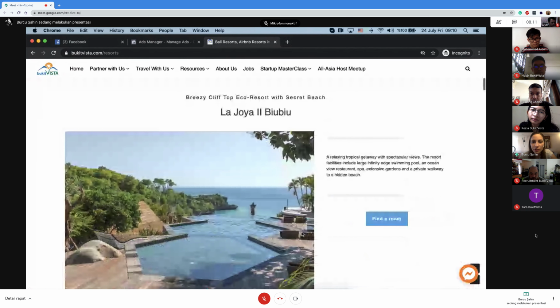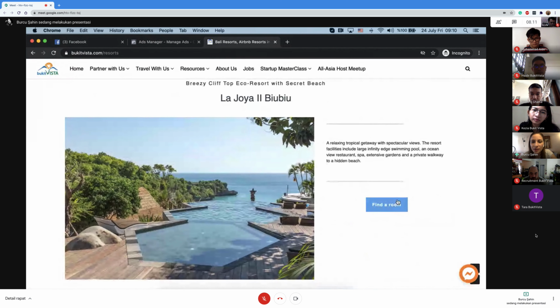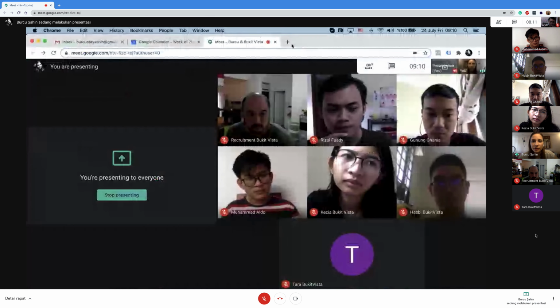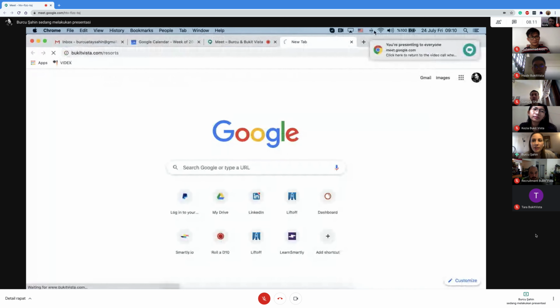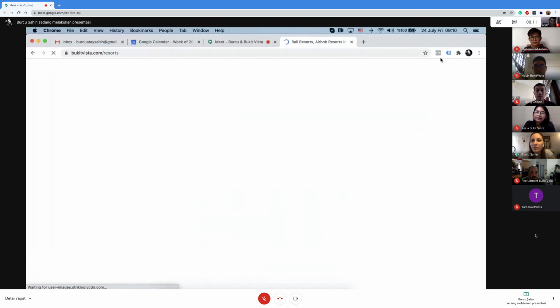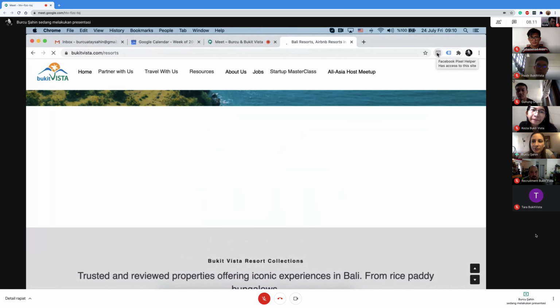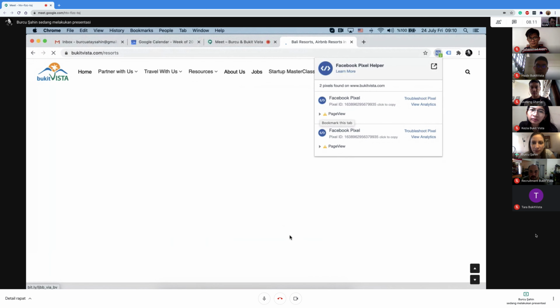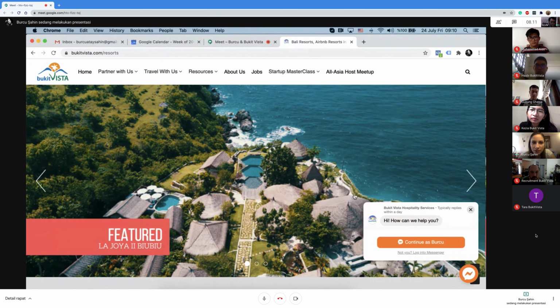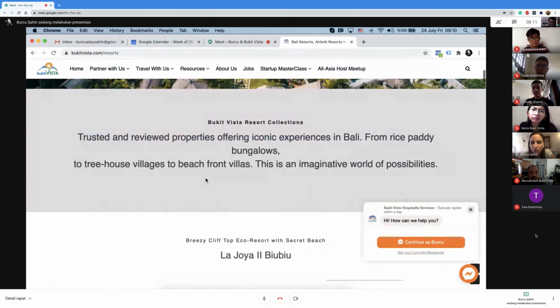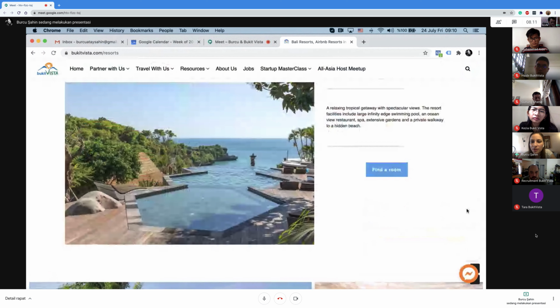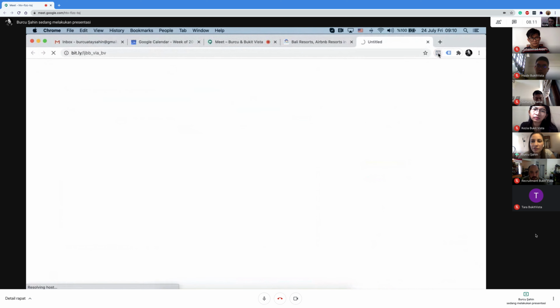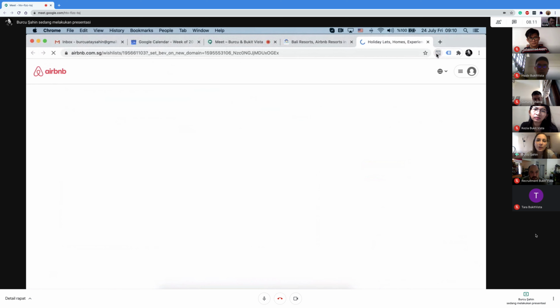Okay. So what you can do is, for example, when someone clicks, let me actually move this to here, and you'll see the reason why in a second. I have my Pixel Helper here. I think I mentioned this to you before. So Pixel Helper shows me what is firing on every page. And for example, let's go to here. So as soon as I click find a room, you can fire something that lets you know that this button